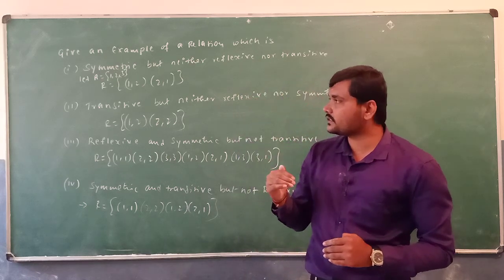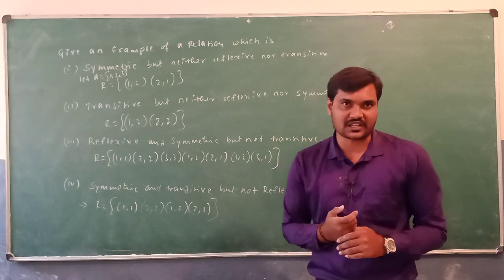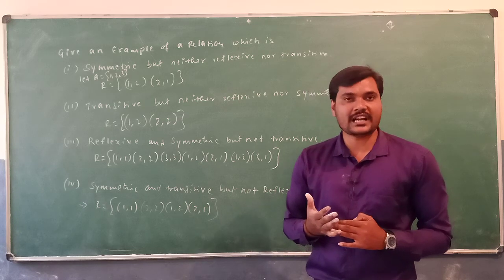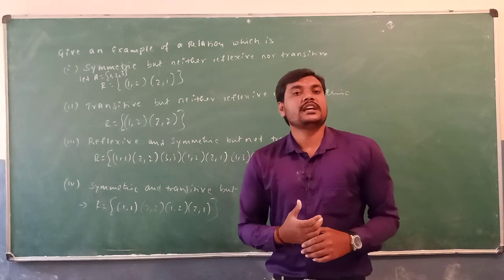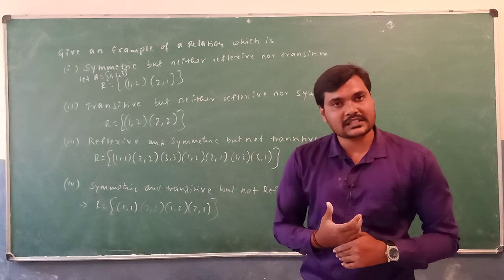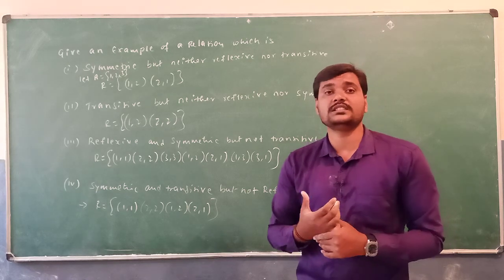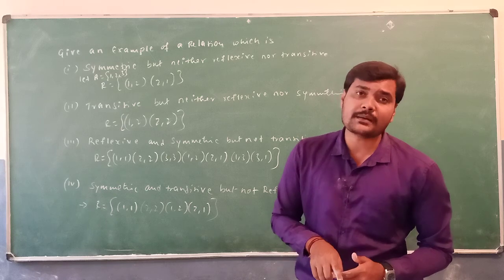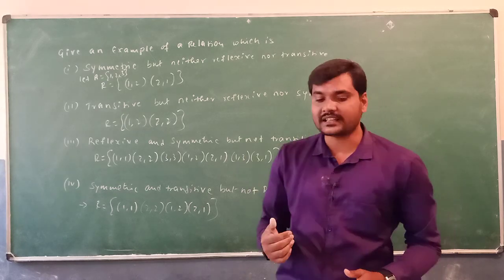Suppose the particular relation is symmetric, then if you have an ordered pair (a, b) which belongs to R, then the second ordered pair (b, a) should be present in relation R. Suppose in a transitive relation (a, b) is present in R and (b, c) is present in R, then (a, c) must be present in R. Or we can say that suppose (a, b) is in R but (b, c) is not in R, then (a, b) itself is going to be a transitive relation. According to that, we need to give an example here.